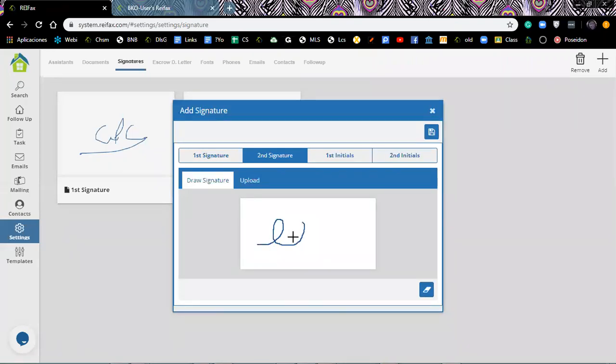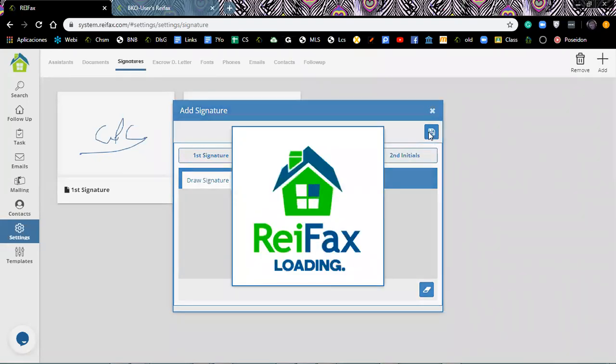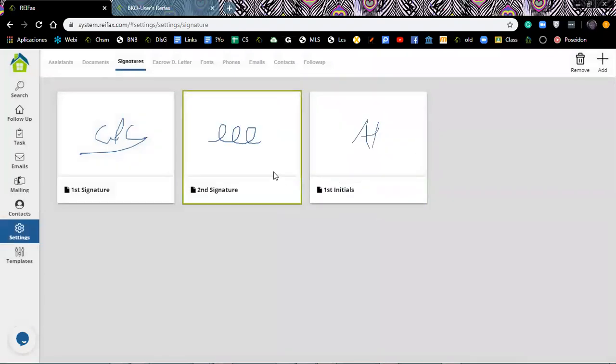If you're able to do it with your mouse, great. Just draw it here and save it. But actually the best way, so it looks good, would be to go ahead and get a Sharpie and a paper, draw your signature on paper with a Sharpie, scan it, upload it into your computer as a JPEG file,